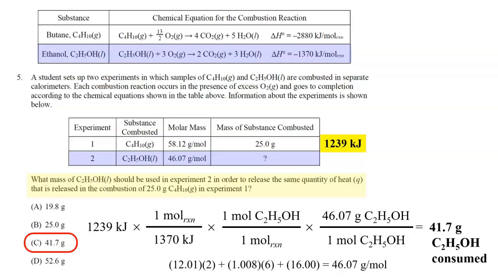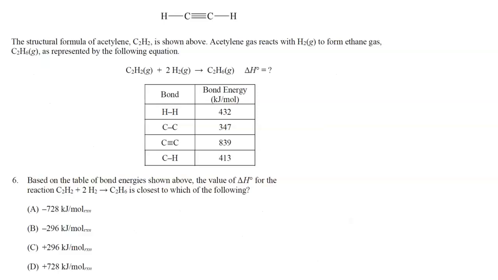Now let's take a look at question 6. In question 6, it says the structural formula of acetylene, C2H2, is shown above. Acetylene gas reacts with hydrogen gas to form ethane gas, which is C2H6, as represented by the following equation. We are given a table with bond energy data for various bonds, and question 6 says, based on the table